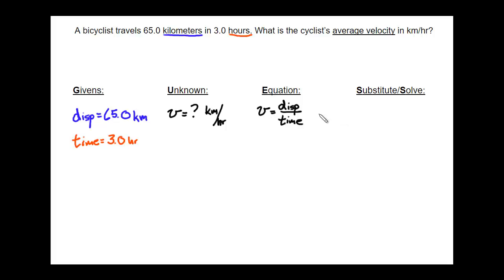Now, I can simply replace the numbers that I have for the terms in the equation. Velocity equals, I don't want to put displacement, I want to put 65.0 divided by, and I don't want to write the word time, I want to put 3.0. Once again, I don't necessarily have to put the units here while I'm doing my math. 65.0 divided by 3.0, and you get a velocity of